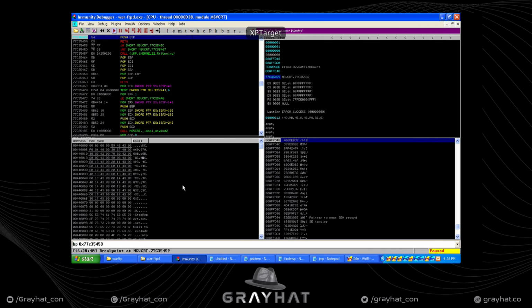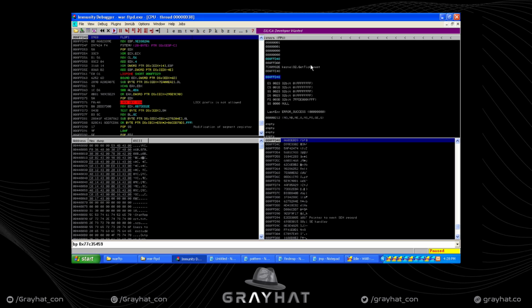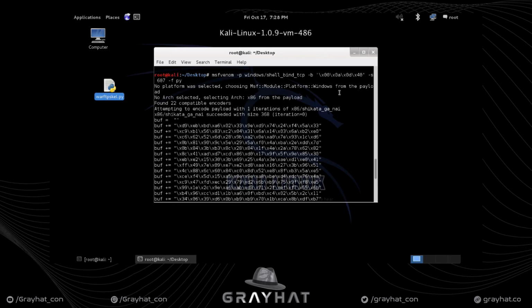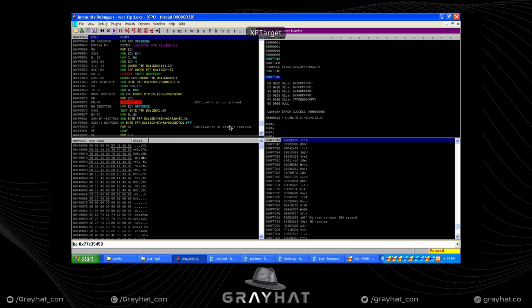We do hit our breakpoint, so everything's good there. So we can do our F7, F7, and we should get to the beginning of our shellcode. So D9, EB, BD, A6. If we look here, D9, EB, BD, A6. So yes, that seems to have gotten us right to the beginning of our shellcode. So everything should be awesome, and it should decode itself into its original format, take it out of encoding, and then we should be able to execute it. Don't worry if your shellcode is somewhat different than mine. Shellcode is polymorphic, so it's not going to be the exact same characters, so you need not worry entirely about that. Alright, so if we just let it run,